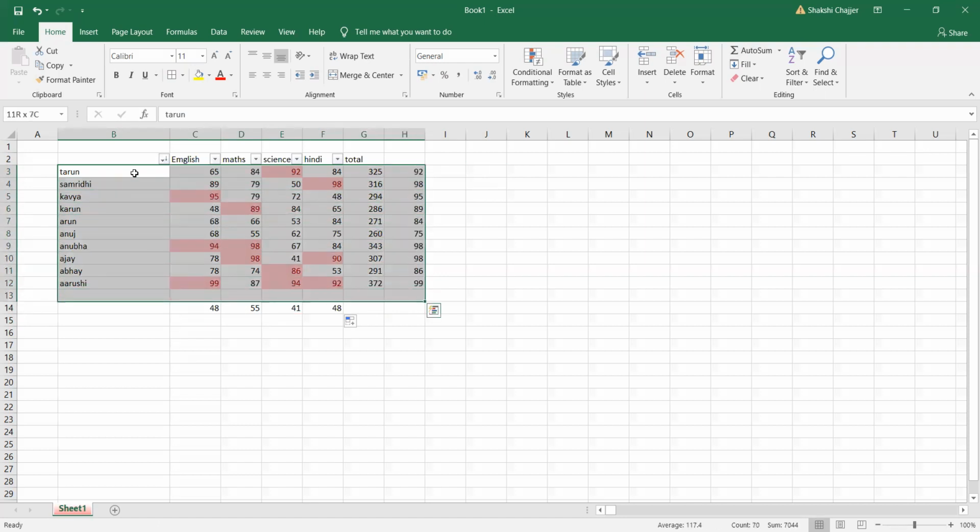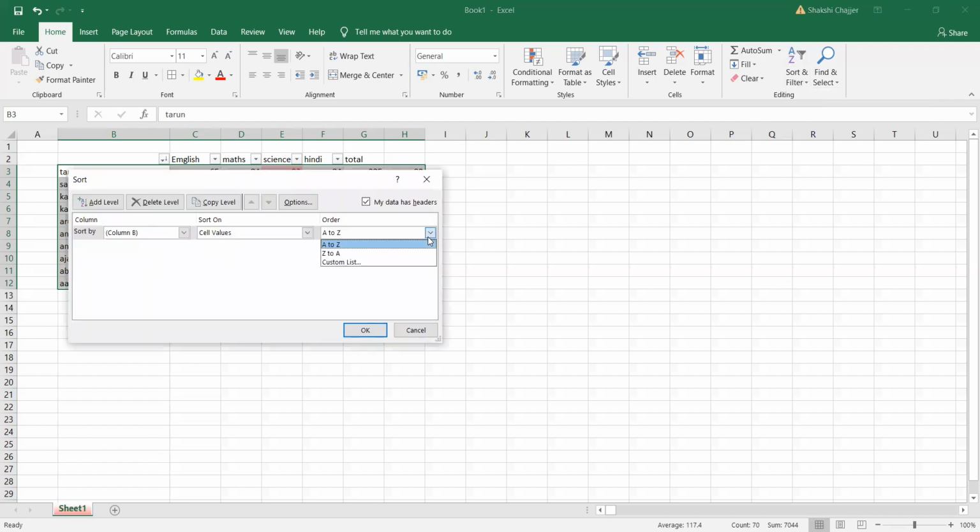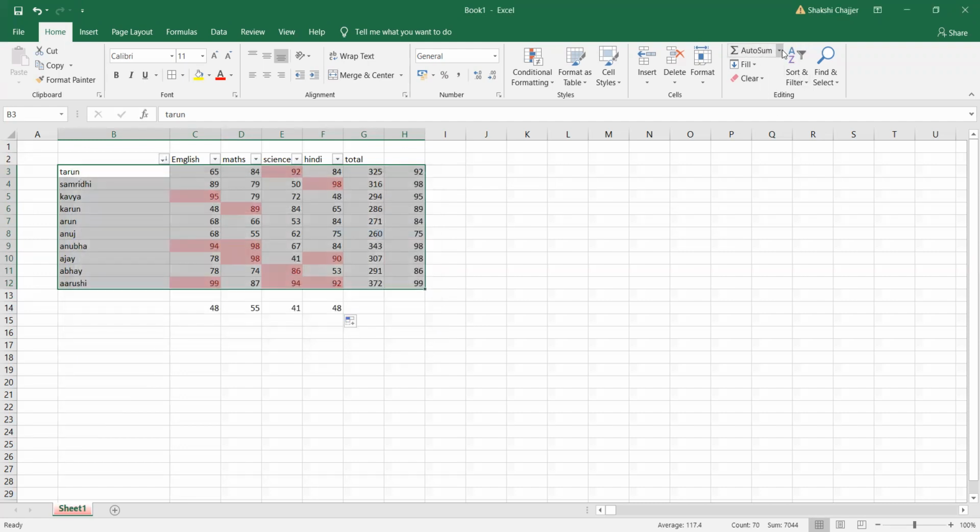So for that, I have to select the entire table. Yes.